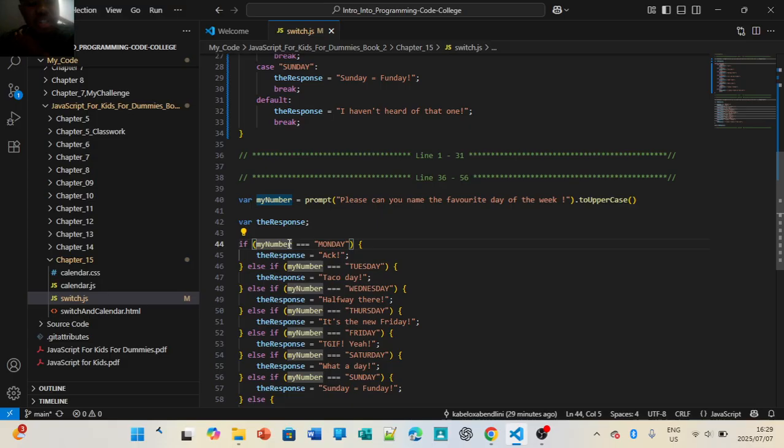The response would be the same as it was before, except we don't add break, because in an if else statement, as soon as you add the semicolon, you give the computer